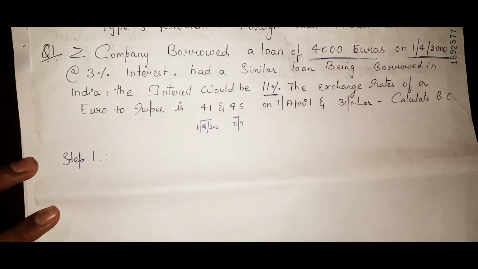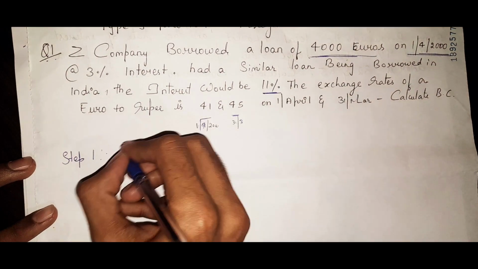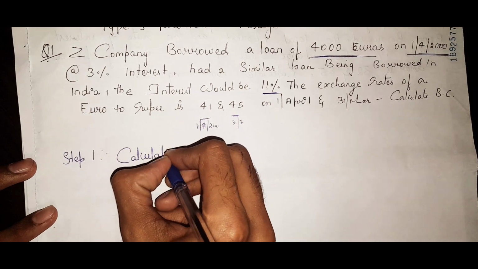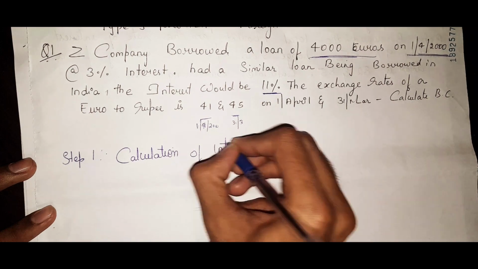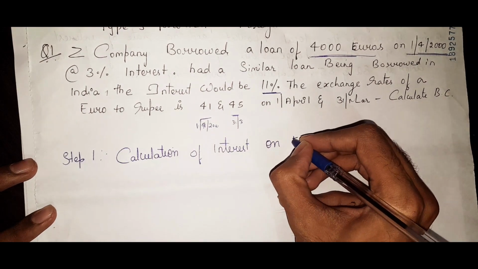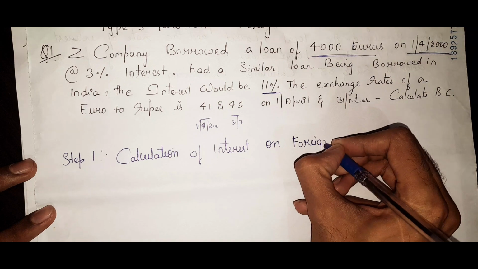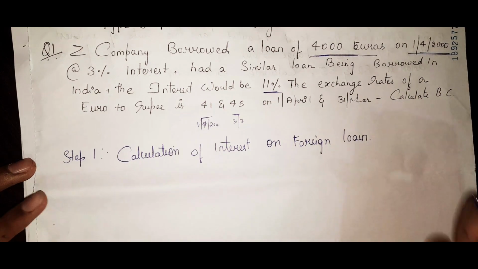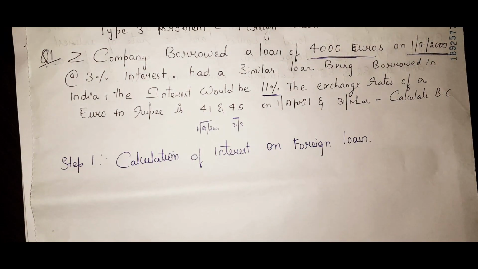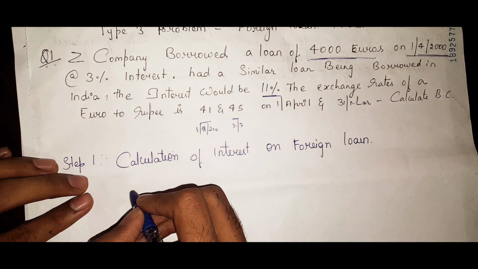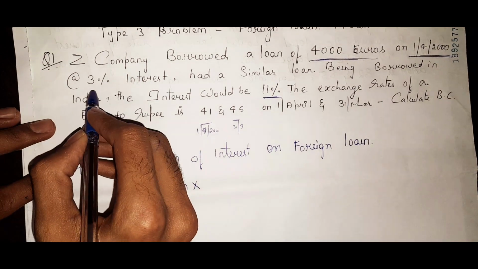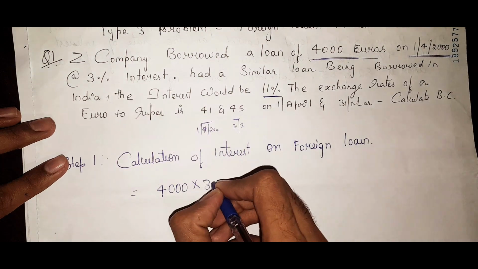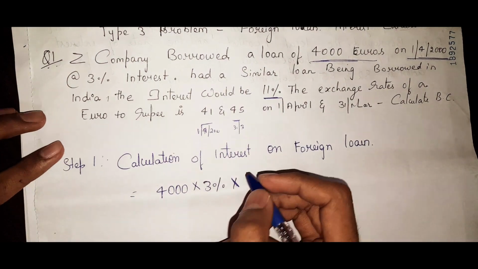First let us solve step 1. Step 1 will be calculation of interest on foreign loan. Calculation of interest on foreign loan. So foreign loan, yes. First, what is the amount? Total 4,000 euros into how much is the rate of interest? Rate of interest is 3% into, now